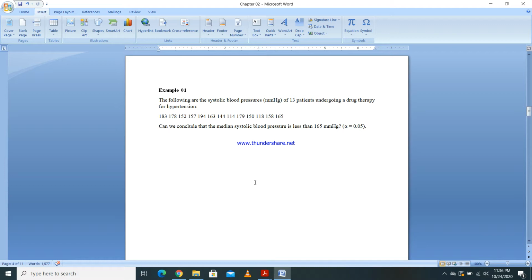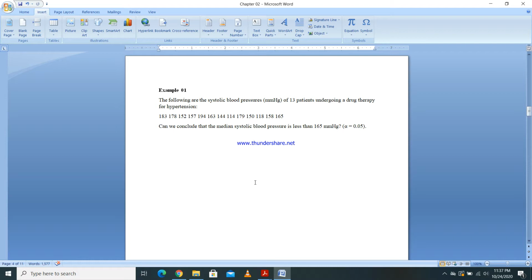It says the following are the systolic blood pressures of 13 patients undergoing a drug therapy for hypertension. So you have a sample of 13, where all these values are blood pressure values of 13 patients. So the question is, can we conclude that the median systolic blood pressure is less than 165? When you are given this kind of question,